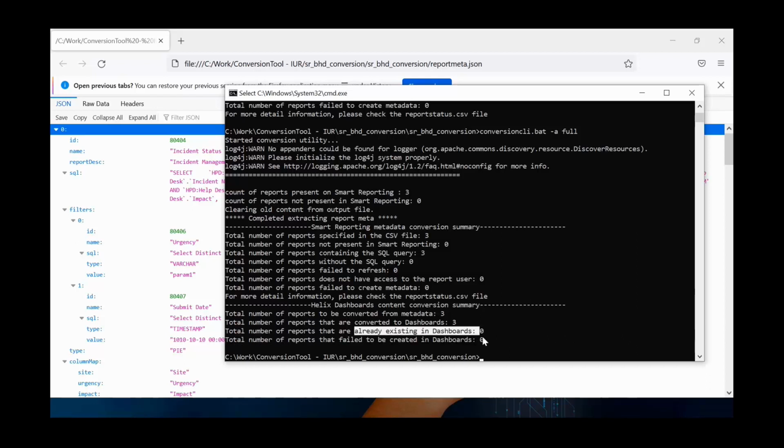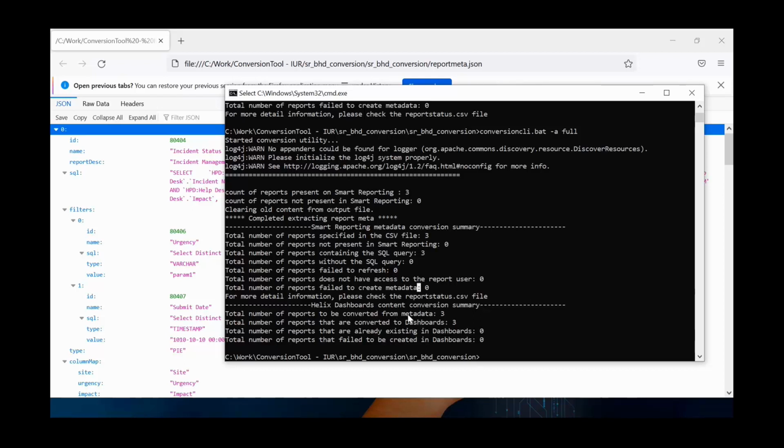Or it is possible that if a dashboard is already there with exactly the same name and same folder, then it will throw an error that the dashboard already exists. We don't overwrite any dashboard. If the dashboard already exists, it will throw this message here. You can delete that dashboard or rename it to some other name